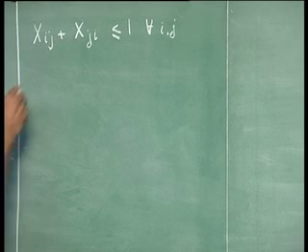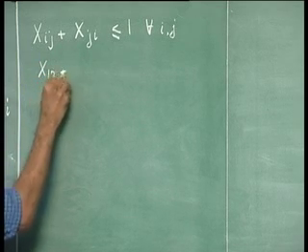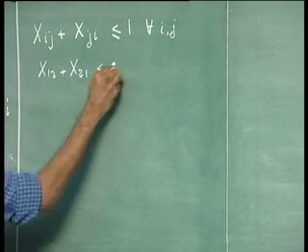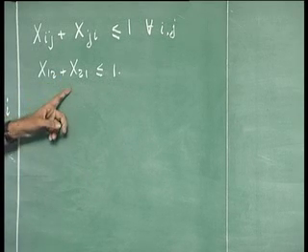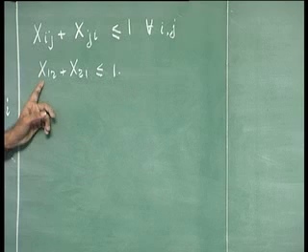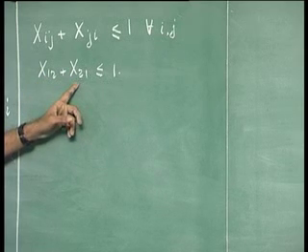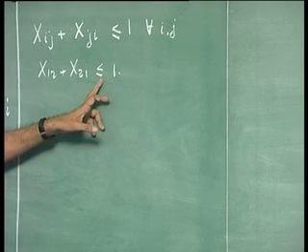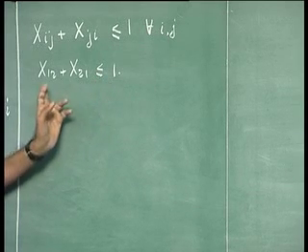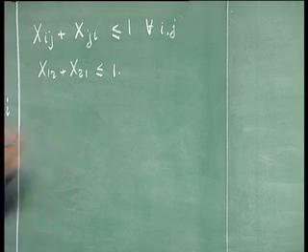So if I look at i, 2, I am trying to say x12 plus x21 less than or equal to 1. What will happen? One of them will have to become 0. So if x12 is in the solution, x21 will not be in the solution. If both are not in the solution, it is still acceptable to you, that is why I have put a less than or equal to 1. It may turn out that both 1 2 and 2 1 may not be in the optimal solution,